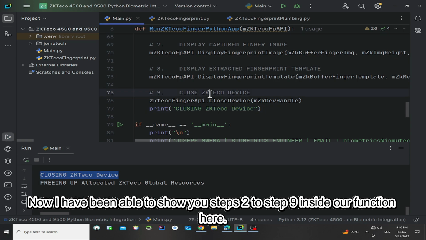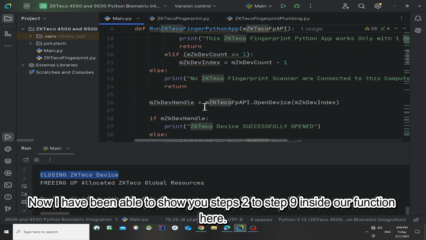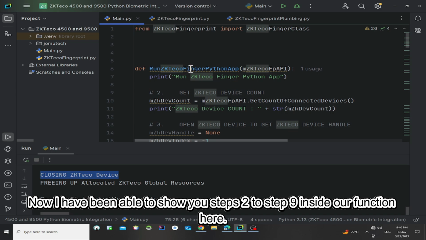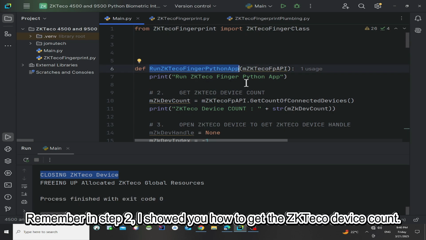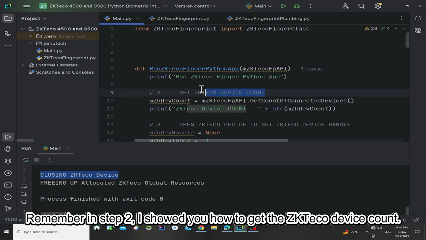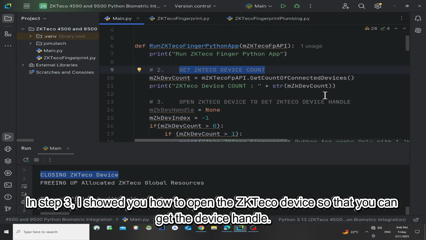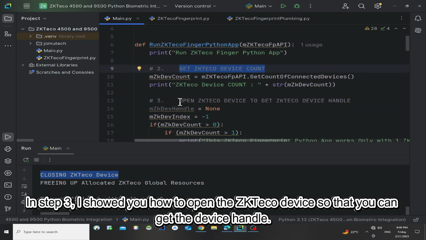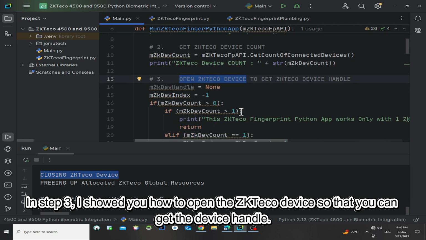Now I've been able to show you steps 2 to step 9 inside our function here. Remember, in step 2 I showed you how to get the ZK device count. In step 3 I showed you how to open the ZK device so that you can get the device handle.